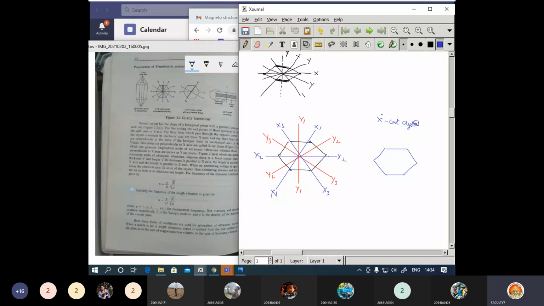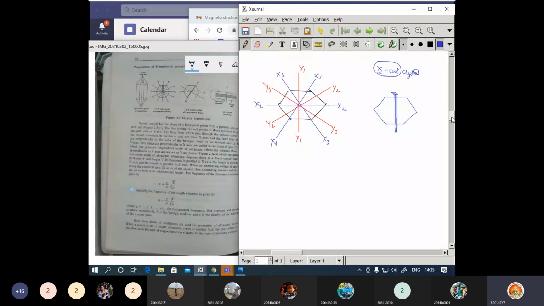The concept is, first of all we need to get the x cut crystal. Now here this is y. Along the y direction you make a cut like this, perpendicular to the x-axis. If you cut the crystal perpendicular to the x-axis, we will get the x cut crystal. Here, if you refer, this is the y direction, and the y direction is perpendicular to x. So perpendicular to the x direction, if you cut the crystal, we will get the x cut crystal. Perpendicular to y, if you cut the crystal, you will get the y cut crystal.